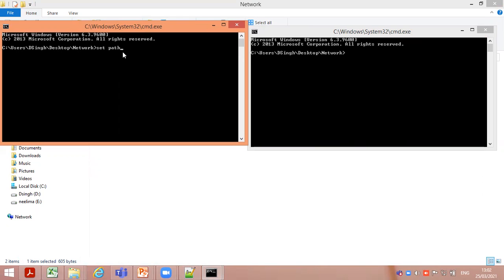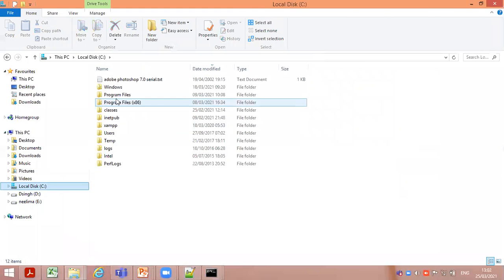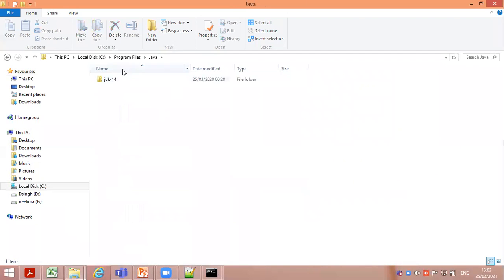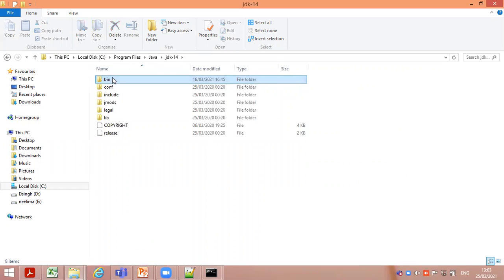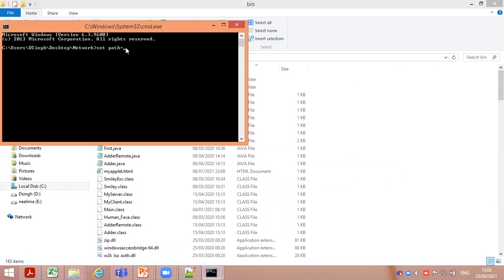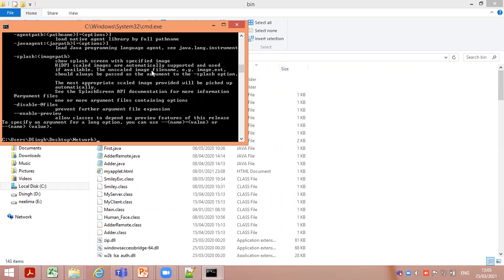Generally we use set path. This video will help you find the path: go to C drive, the Java folder, the JDK and its bin folder, copy the address and paste it, so your machine is set. To check whether it is set or not, run java, and if everything shows up, your Java is okay.